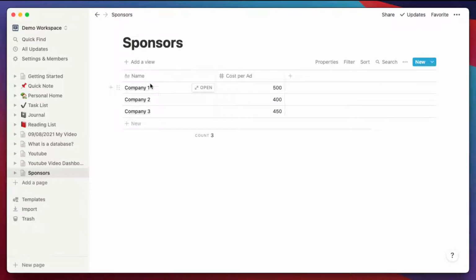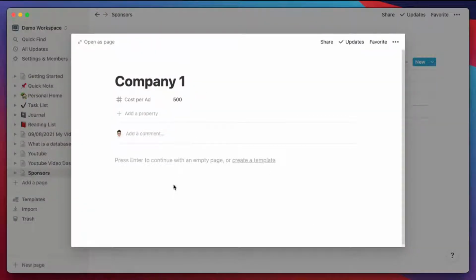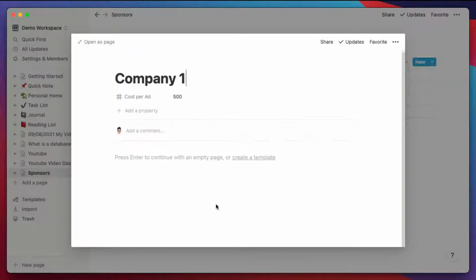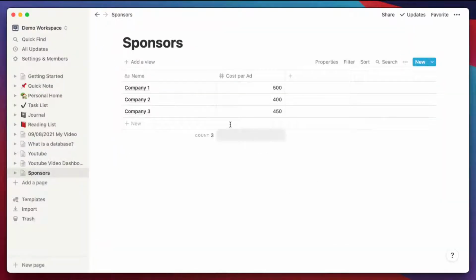Now, other things that you can do with these ad slots is, now I can open this up and I can put all their ad content in here. So when I'm starting to read off their content or their ads on my live streams, let's say, this live stream is brought to you by company 1, and I have all my notes here, right? So when I'm doing a live stream, I can be in Notion and have everything at the tip of my fingers here.